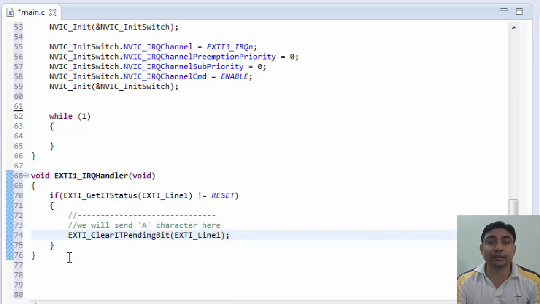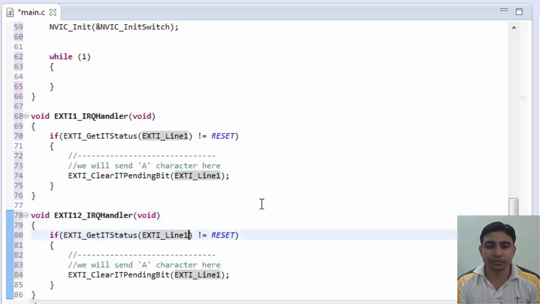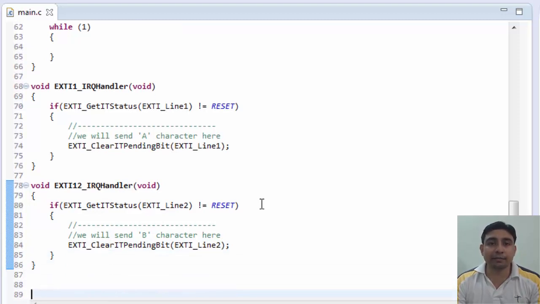Okay, next write the service routine for external interrupt line 2. Same here, except when this ISR executes, it should send the B character using the UART communication.